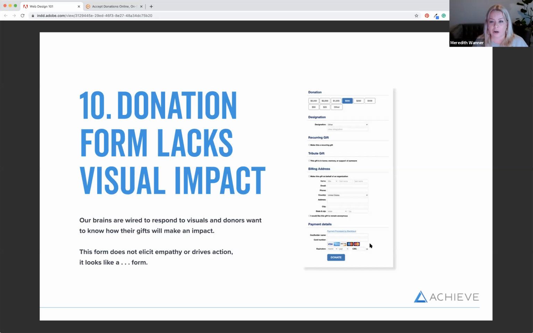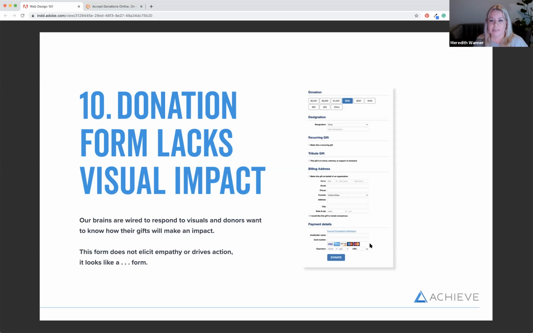And even if they are, at every stage we want to make that user experience as impactful as we can. Certainly if you're driving folks to your donation page or your donation form from any kind of social media efforts, or anything that's going to be bringing in users directly to that page, that's an opportunity to